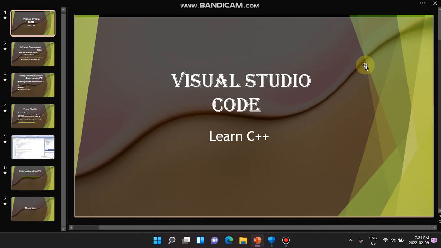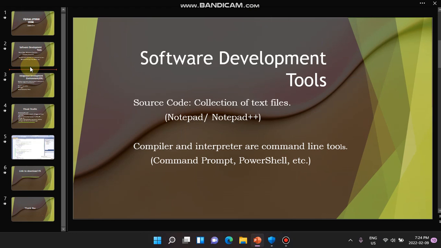Last time we learned how to download GCC compiler to run our C++ programs. So today I'm going to show you how to download Visual Studio Code to run programs and how it is better than GCC compiler. So when we use a GCC compiler, we write the code in Notepad and then run